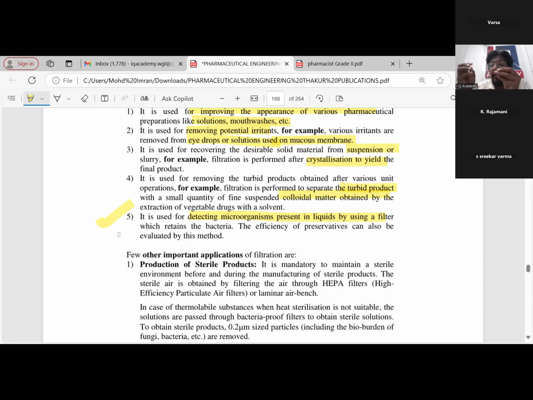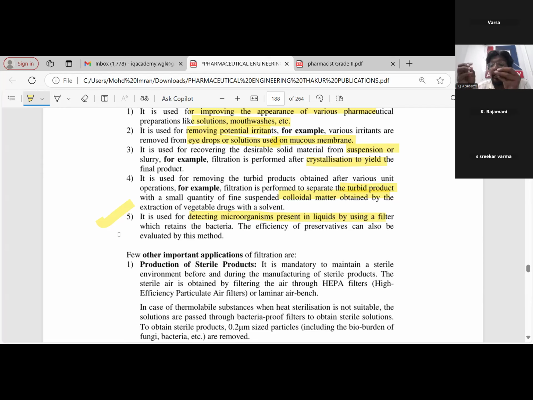we filtered is contaminated. After filtering a sample, say for example, I gave you a water sample from the tap. I asked you to find out whether it's sterile or not. You will take the bacterial proof filter and filter it through it. So any bacteria will be retained on the filter paper. Take that filter paper, inoculate it, incubate it. If bacterial growth occurs in the next 24 hours, it means that water is contaminated. Next, go for the culture studies, go for streaking, find out what kind of bacteria is there, gram positive, gram